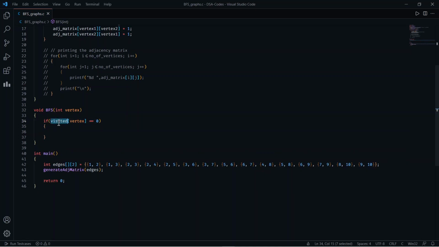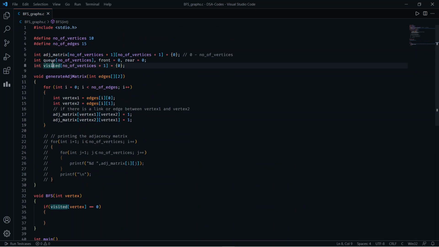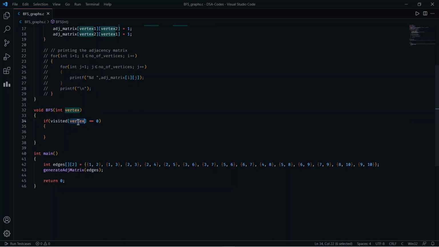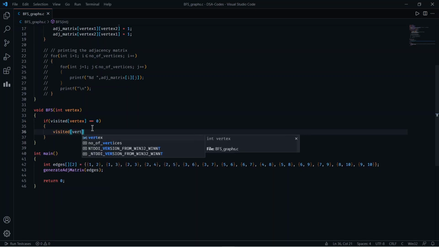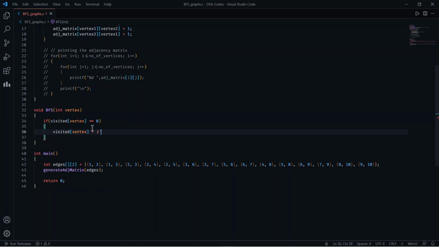From this visited array which I am declaring here, I am checking that this particular vertex is visited or not. If this is not visited, then what I will do is I will make this as visited by doing this. This one represents that the vertex is visited, and then we have to put this vertex into the queue.